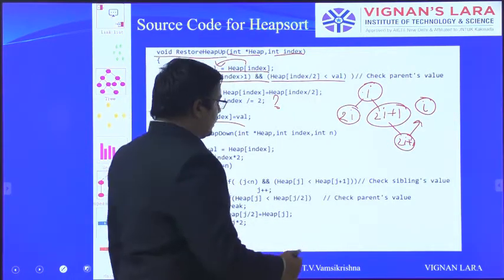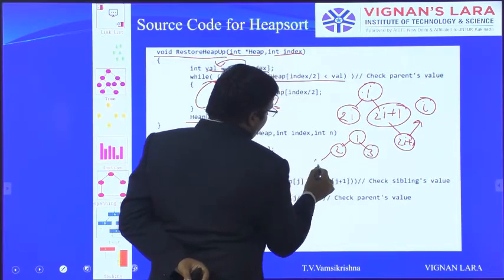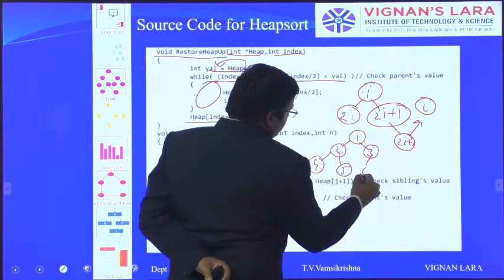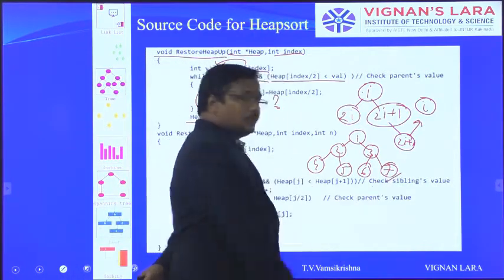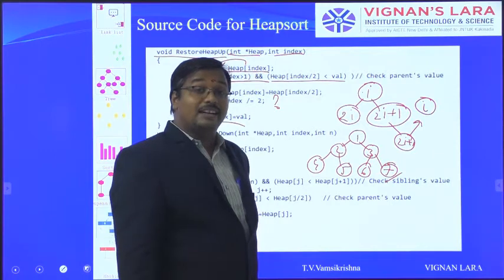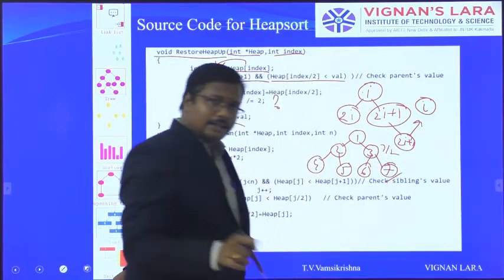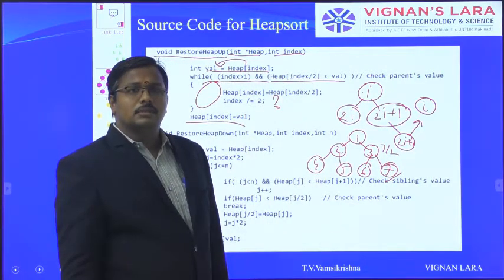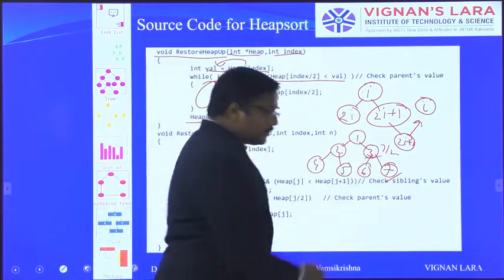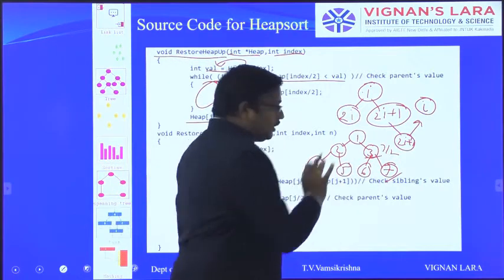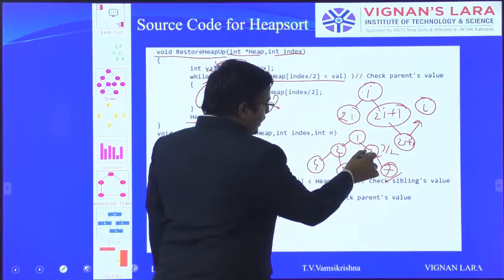So what is the logic, sir? I clearly told. 1, 2 are the indexes of an array, then 3, 4, 5, 6, 7. Suppose I insert an element in the 7th position. How to obtain the parent node of that element? It is 7 by 2. It's an integer division. 7 is an integer, 2 is an integer, so you get an integer result only, so 3. 6 by 2, 3 only. Next 5 by 2, 2. 4 by 2, 2. 3 by 2, 1.